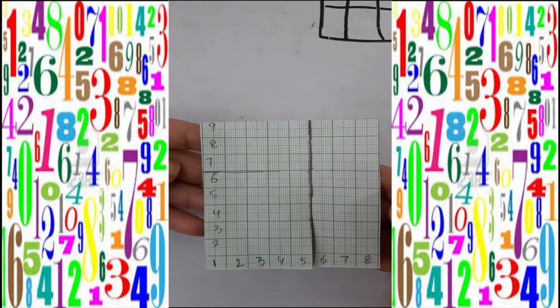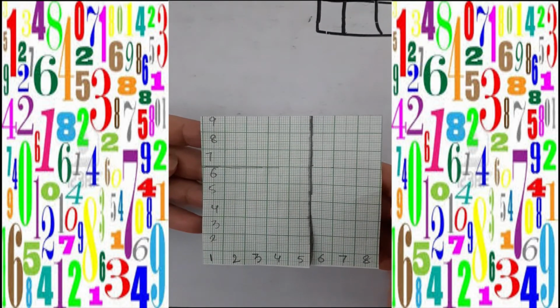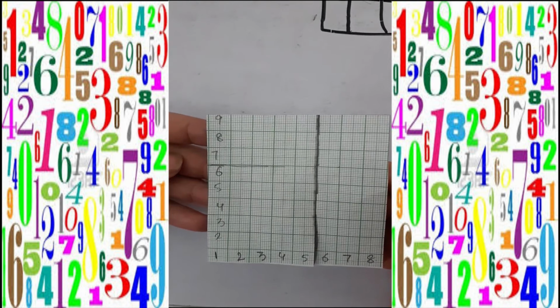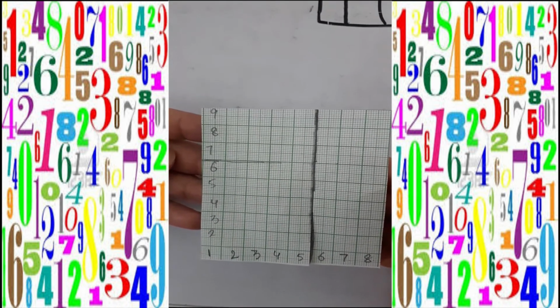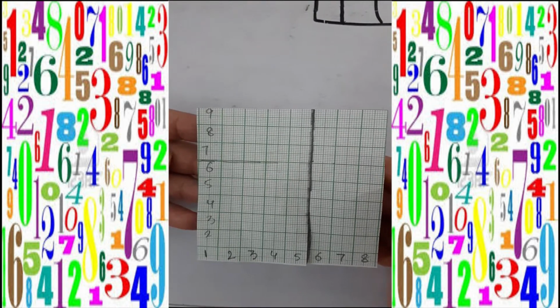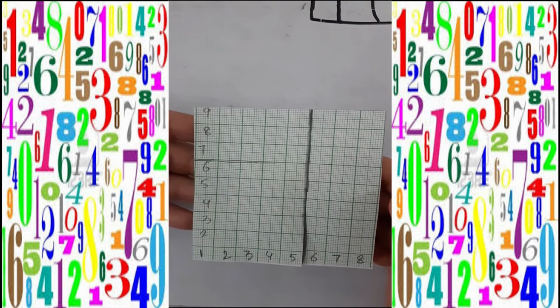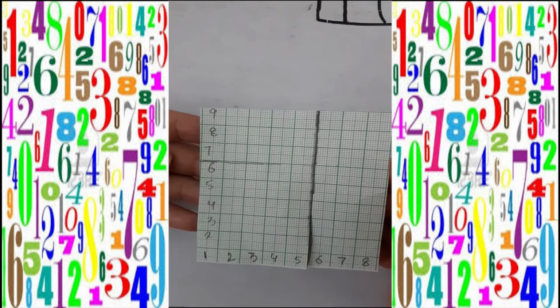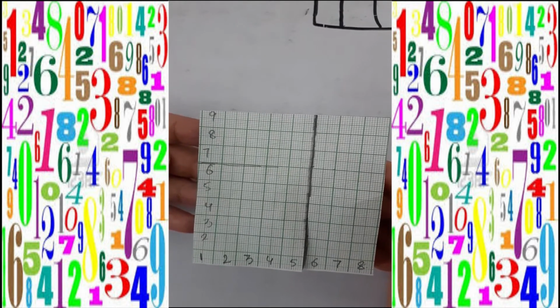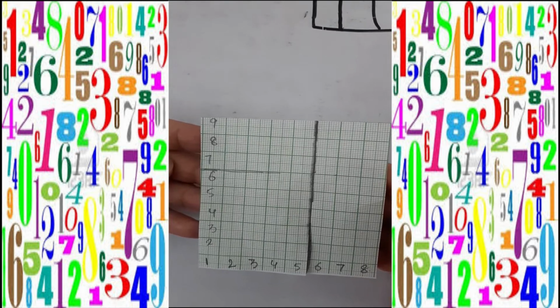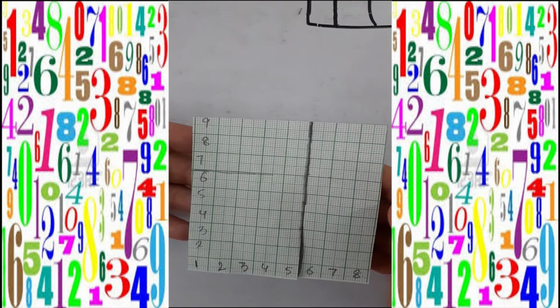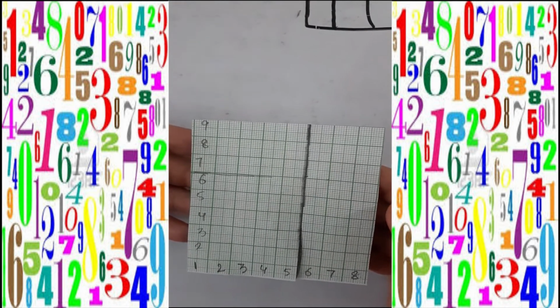Hello everyone. Today I am going to introduce a very interesting topic of whole numbers. As we have done about closure property and commutative property, now the third property of whole numbers is distributive property. What is distributive property? Actually, it helps to do the calculation in an easy way.